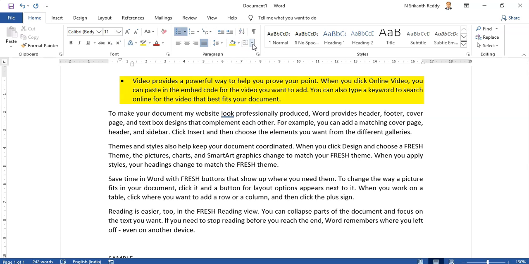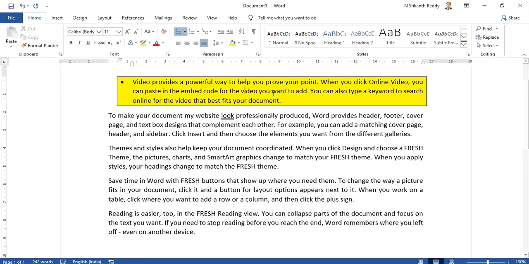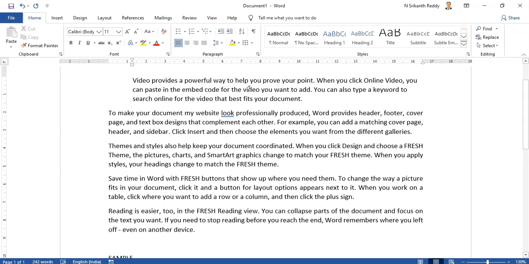So this is color. Then let me put a border. So this is border. So all this is done. Now I don't want this, and I want it to go back to the original form. The easiest way is to press Control Q. If I press Control Q, it went back to the original format. So any paragraph formatting that you apply goes back.